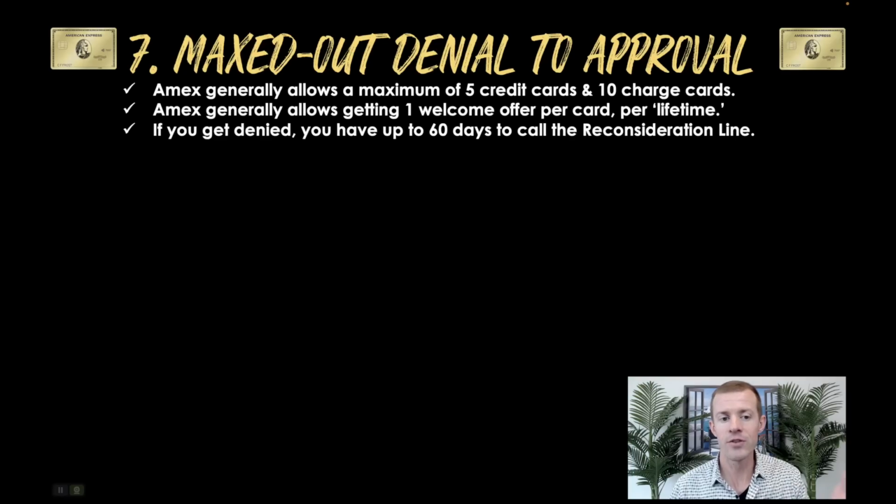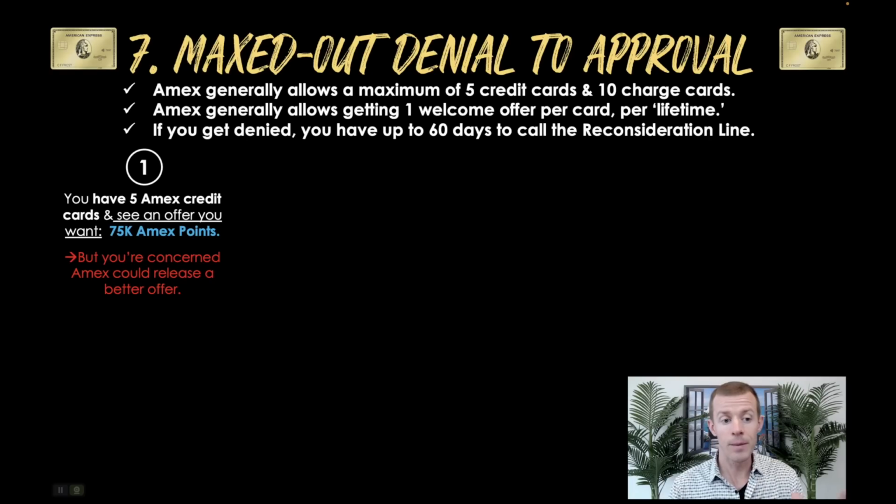And third, if you get denied for an Amex card, you have up to 60 days to call the reconsideration line and hopefully get that decision turned around. And with all of that in place, now let's go through a couple scenarios to see how this maxed out denial to approval works. Step 1, you have 5 Amex credit cards, therefore you're maxed out, and you see an